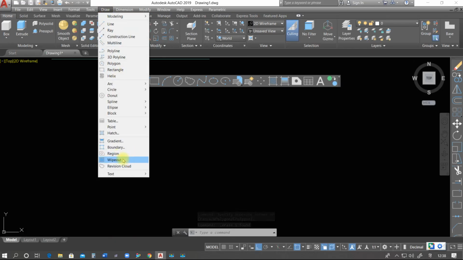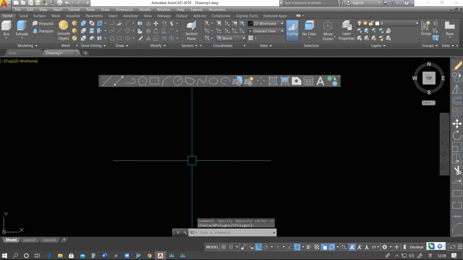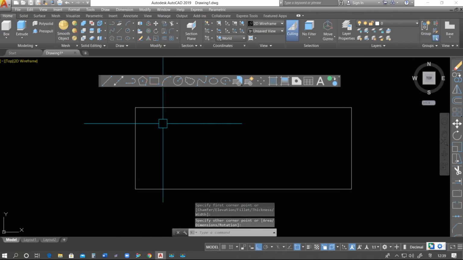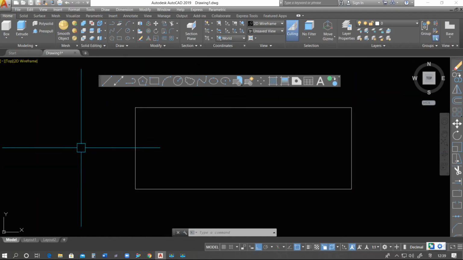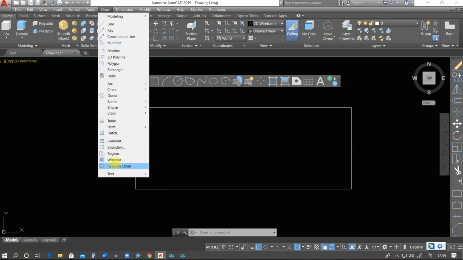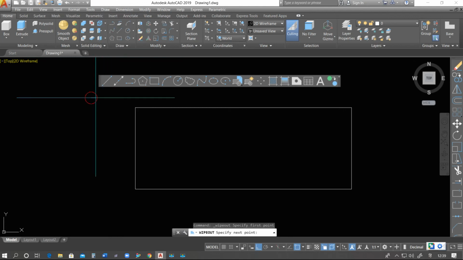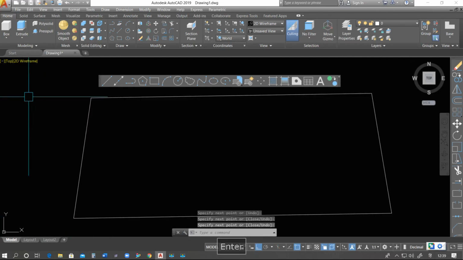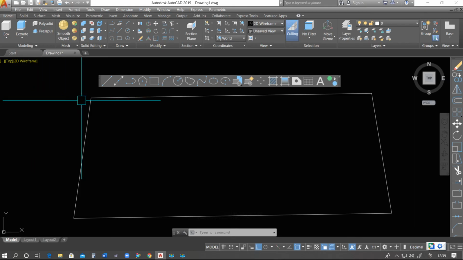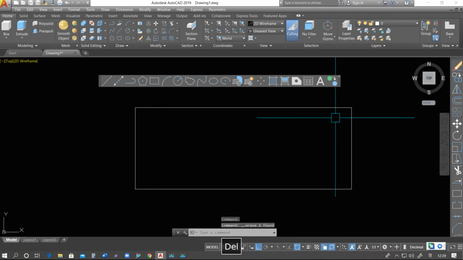Next option we have is wipe out. Where do we use wipe out? Suppose I have some project somewhere inside of this border and I want to hide this project, I don't want to show it. In that case we use wipe out. We just draw a boundary, press enter, and we see now there is nothing visible of whatever we had drawn. But as we select this one and delete it, you see whatever we have.